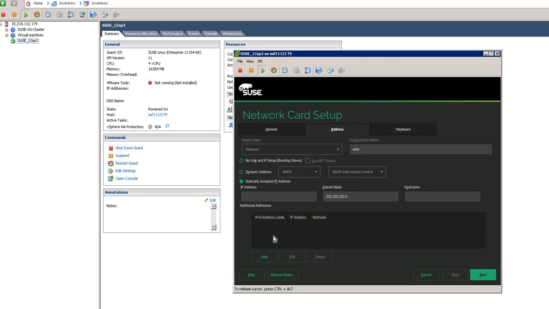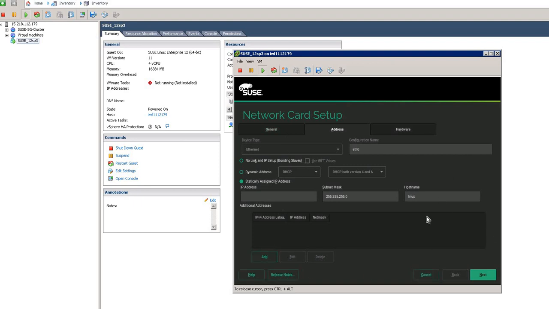Now when you give the edit option, you can see statically assigned IP and dynamically assigned addresses. If I select the dynamic address, an IP will automatically be assigned from the DHCP side. And if I'm giving the statically assigned IP, I can assign the IP of my choice or the IP my company is actually providing me. So I'll give the IP address, the subnet mask I can change, the host name obviously you can change here also. The better advice is you can change it in the host name portion,